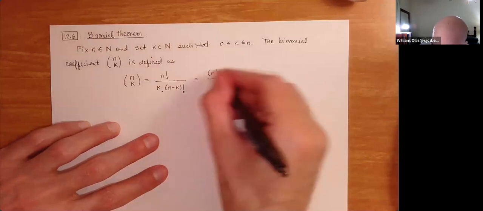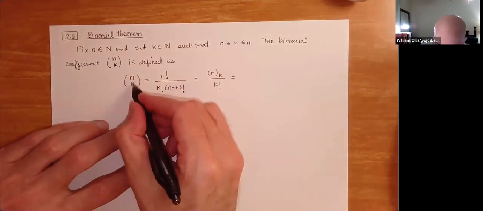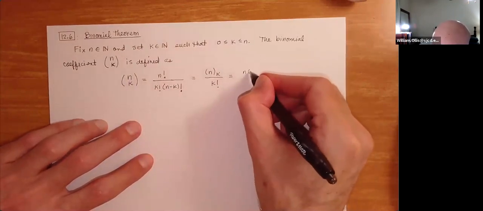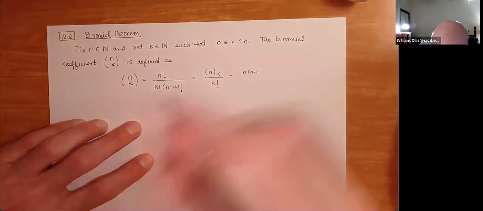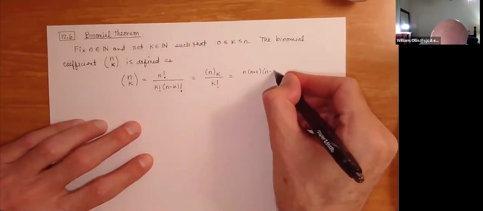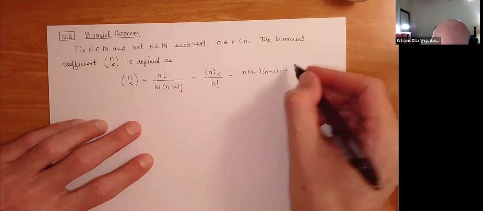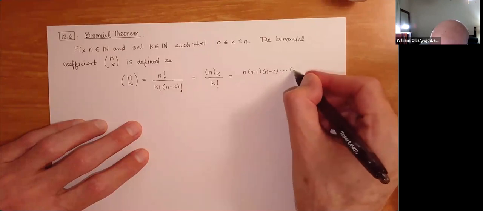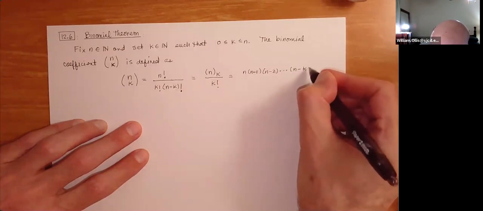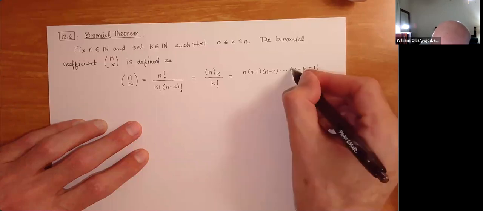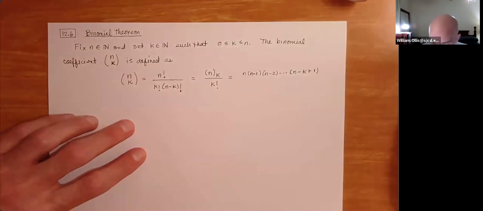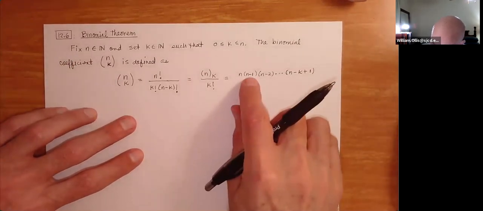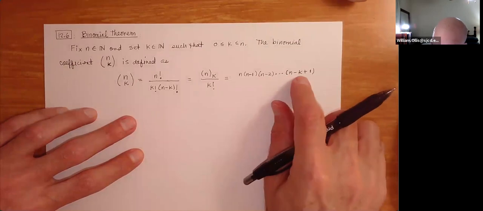And this is very useful in calculus, especially when the upper number is not a positive integer. We get n times n minus 1 times n minus 2, and we descend to the nth factor, excuse me, in this case, the kth factor. This is n minus k plus 1. I've been teaching the binomial theorem in calculus 2, and like I say, we switch the k and the n. How funny. So we have n minus 1, n minus 2, and then n minus k plus 1